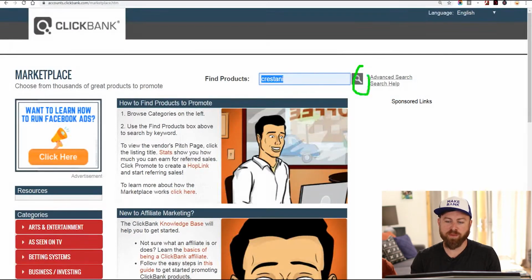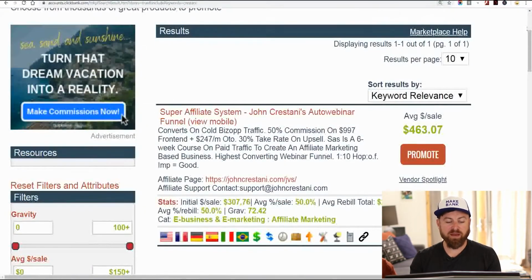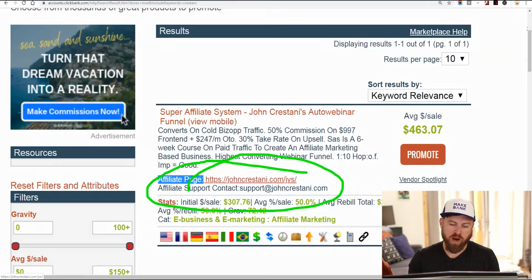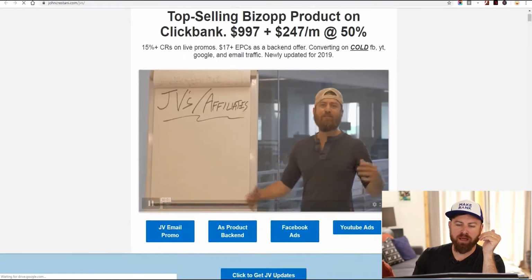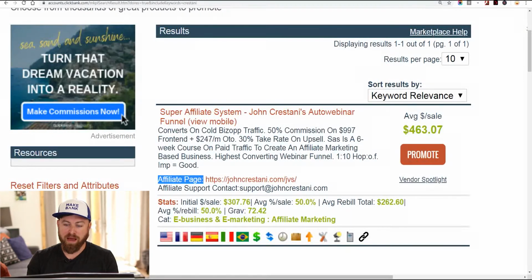Click the search button. And the page you'll want to go to, and the link is also in the description, is the affiliate page, or what is also known as the JV page, right here. Boom. Okay, so now you're on the affiliate page, and this explains about the product you'll be selling. Now, every time you post a link and somebody buys from the link you post, and I'm going to show you how to put the targeted links up in a second, you will earn the amount of money right here, okay?